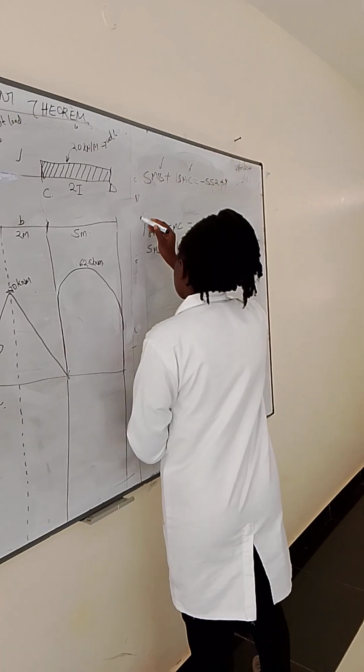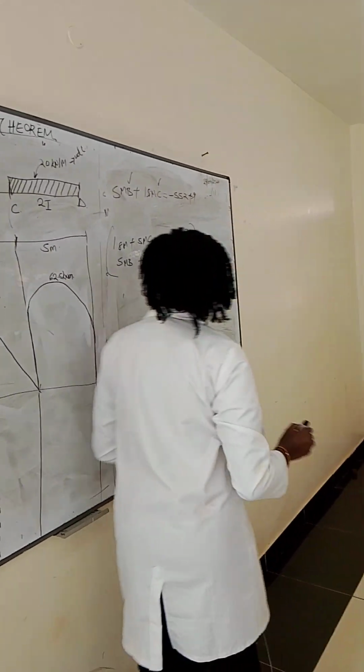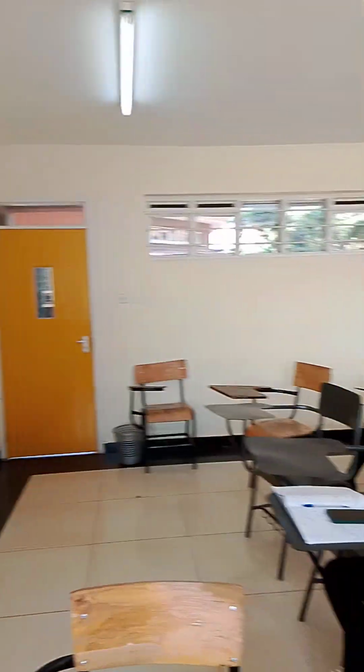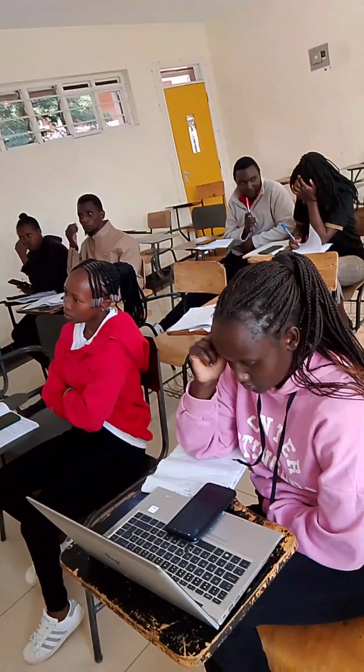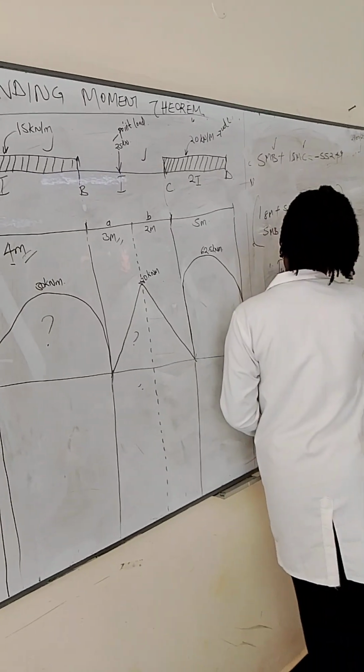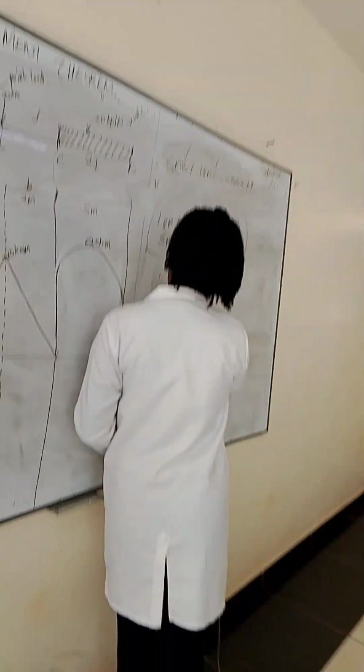So using these two equations, you will just figure it out up to here. Yes. So your assignment will be find MC and MB,